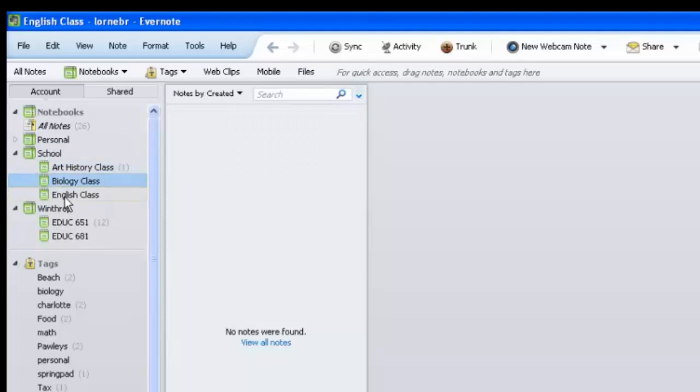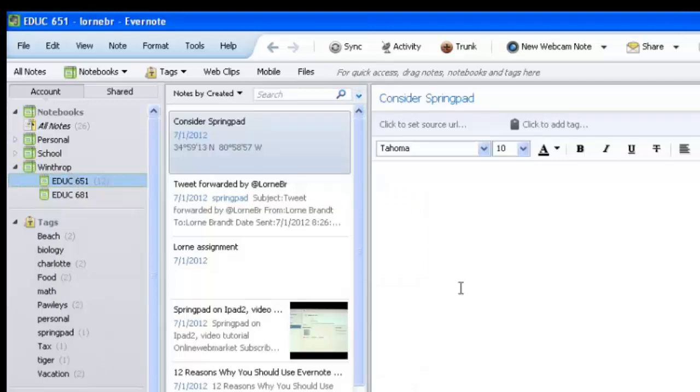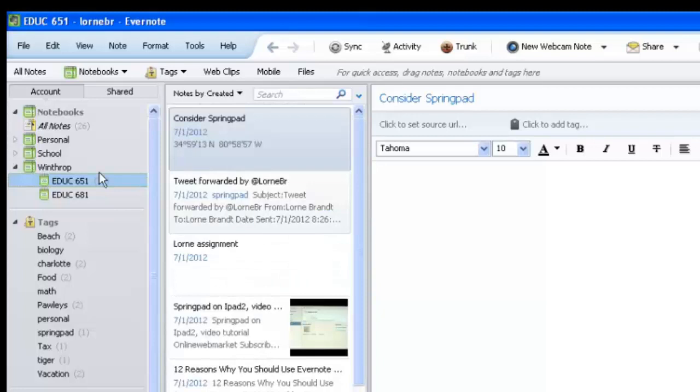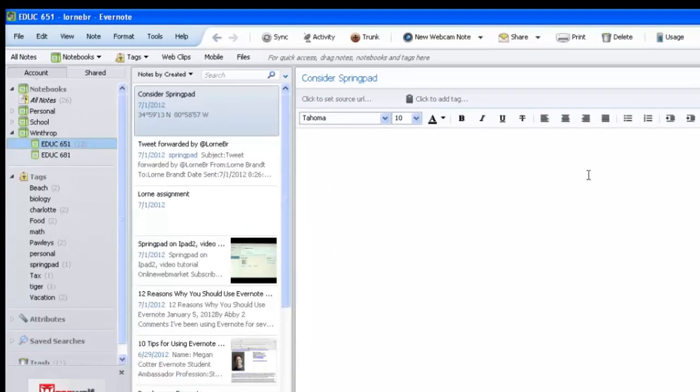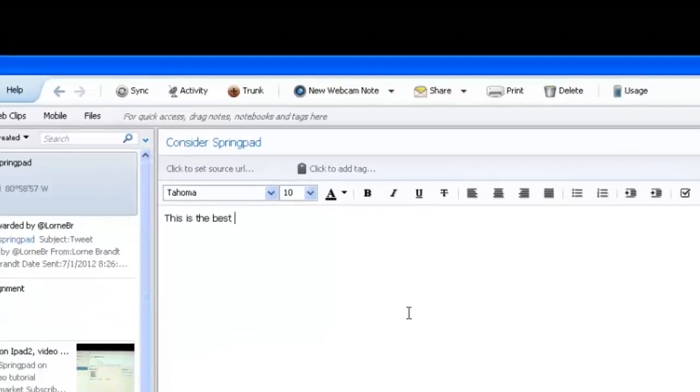In there, biology, English, and this is actually what I'm doing. I'm trying to do my best to stay organized with my Winthrop stuff, and so I've got a lot of information that I'm combining for my white paper for this class in here. You'll see that this looks like a word processor. This word processor allows me to create notes, and I can email them to my friends. Let's say I'm working with other students. So if I were to start typing over here,